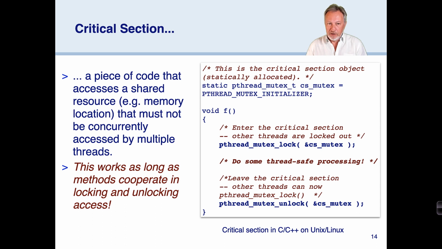So a critical section is a piece of code that accesses a shared resource that must not be concurrently accessed by multiple threads. A classical way of doing this in low-level programming is with the use of locks. We saw last week there are notions of semaphores and locks, and you can basically say, okay, here's a critical section in my code. I want to make sure that this critical section is protected. So what I'm going to do is put a lock here, and I'm going to release that lock